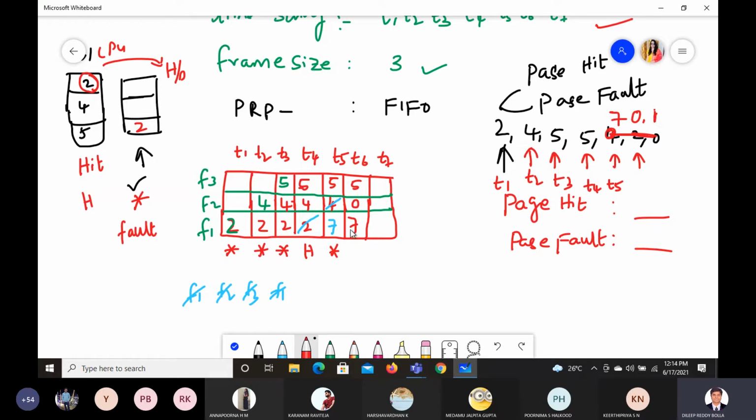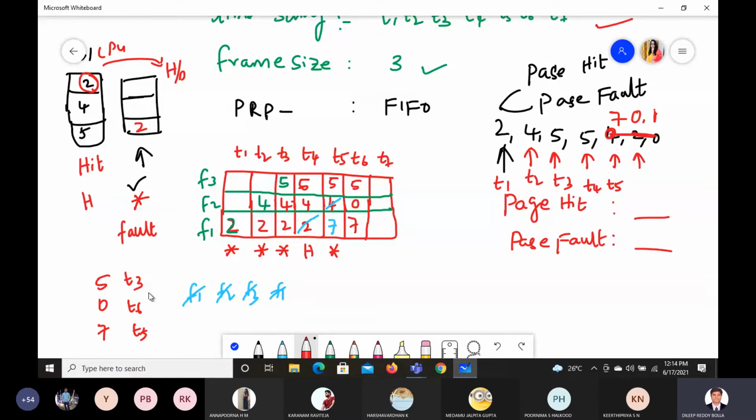So if you see this, which one is coming next? Frame 1, frame 2 are over. By default go to frame 3. To understand technically, you check 5, 0 and 7. 0 has taken only one timeline. 7 has taken 2 timelines and 5 has taken 4 timelines, because 5 came at T3 only. If you want to understand technically, 5, 0 and 7, you check out the time. 5 came at T3, 0 came at T6, 7 came at T5.